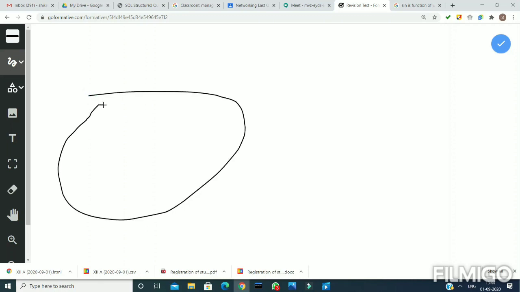So this time I do not want to upload the image. I just want to write my answer in this window. So here I can draw the image. If an image type of question is here, I can draw the image. Otherwise I can write the answer using the text box option. So I am taking here the T option, and when I click on the board I will get a cursor and I can write my answer.